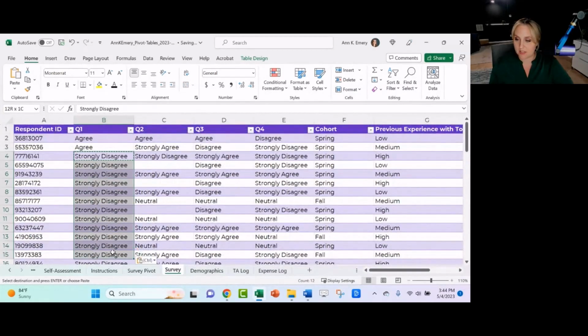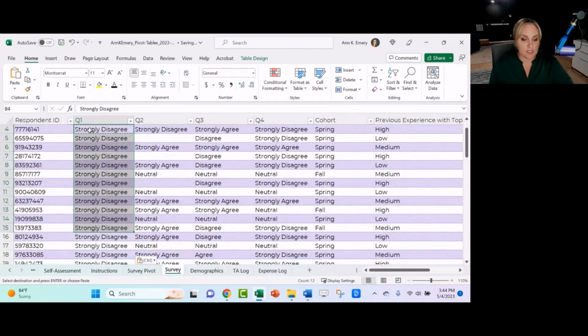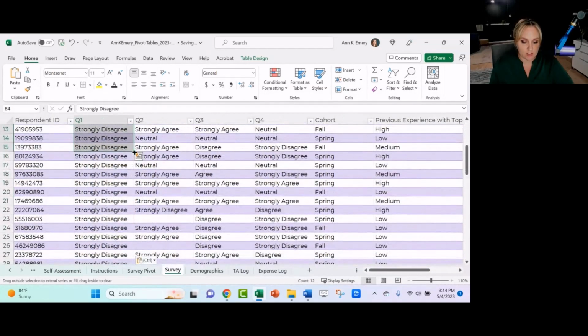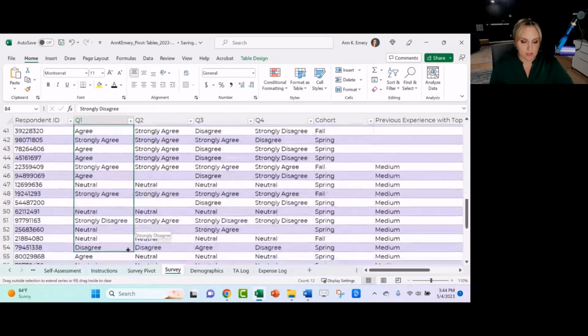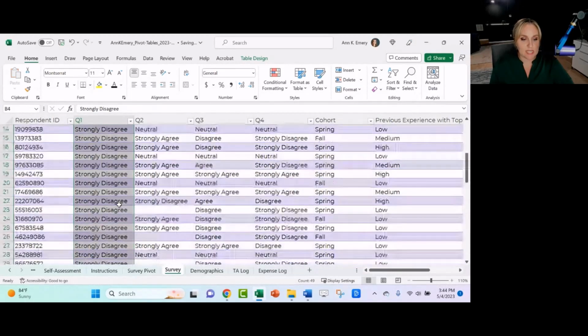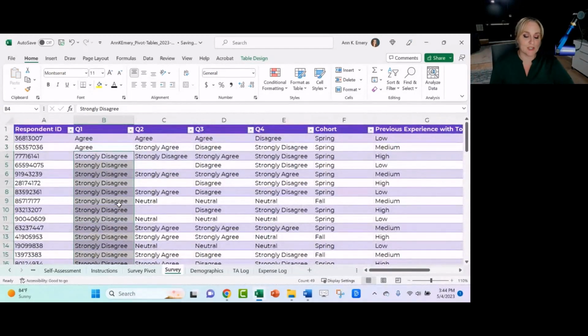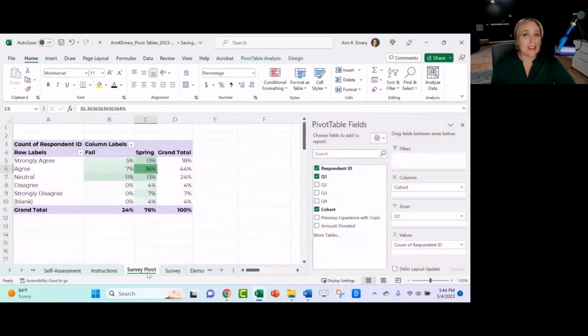Let's pretend that you realize something was wrong with the data and all these people are actually supposed to be strongly disagree. So you should see a huge number of strongly disagrees. Let me just fill a bunch of these in. Okay. Just pretend. Don't do this on your data set. Don't mess up your data set. But pretend you changed Q1. You changed the Q1 contents. You found typos. You added new data. You added more columns. You added more variables. The pivot table does not automatically update. I wish that wasn't the case, but it doesn't. So what you have to do is just get in the habit of every time you update your data set, you need